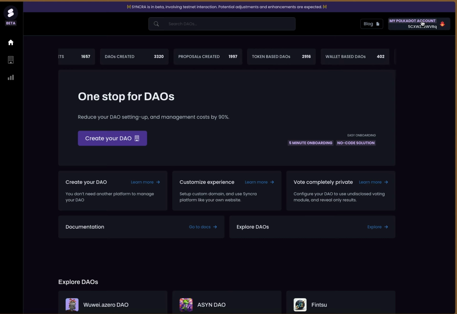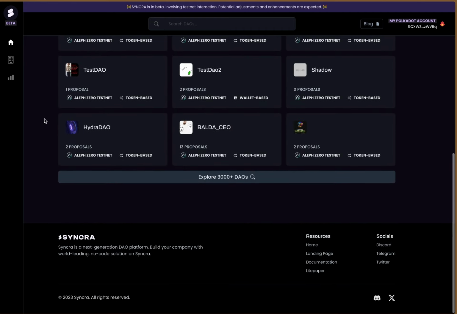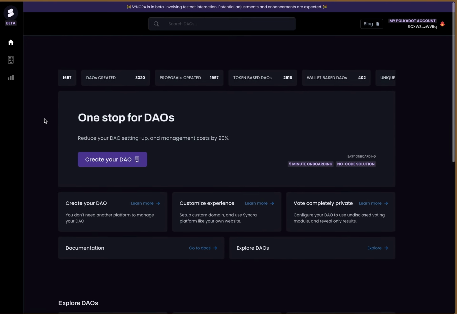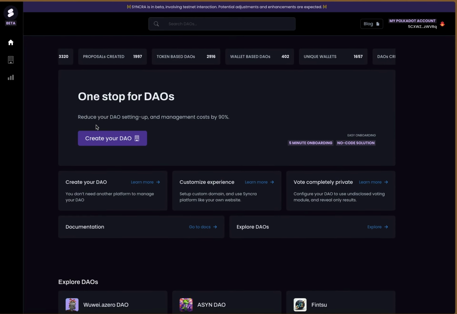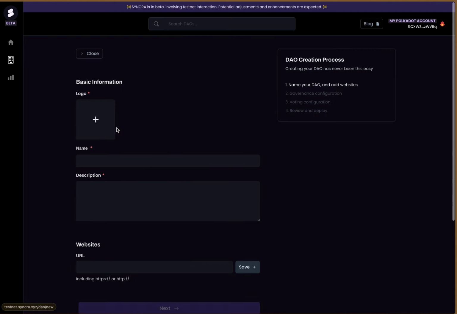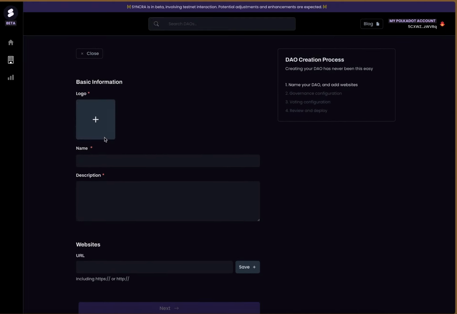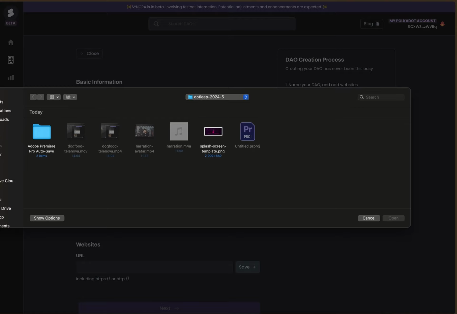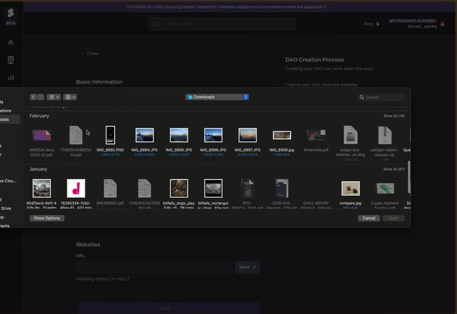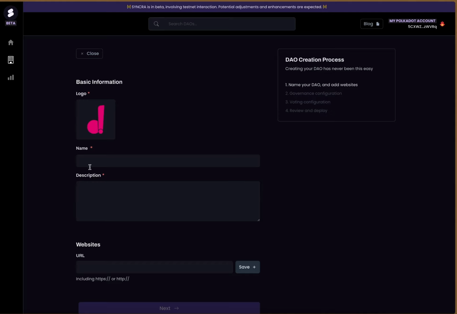I'm logged in with my Polkadot account here through Talisman, so that's the only thing I did. I don't know of any other requirements or any other things I can do here. So let's explore. First, let's take a look at creating our DAO. So looks like it's asking me for some basic information. So let's make a .leap DAO and see if we can set that up.